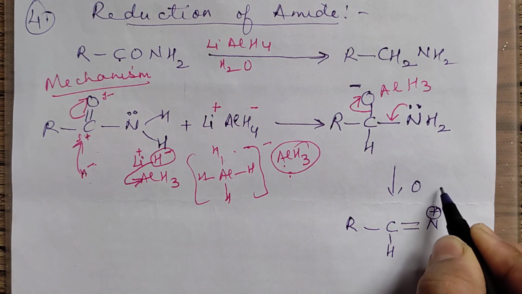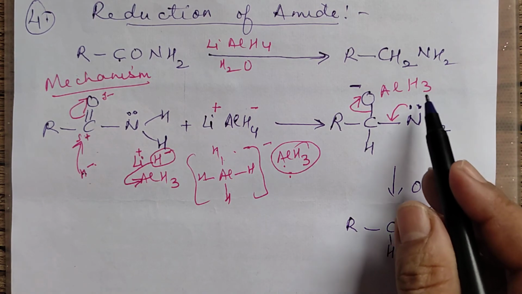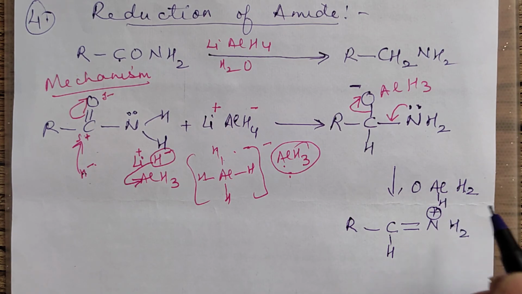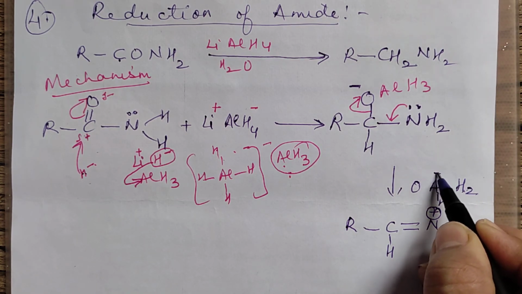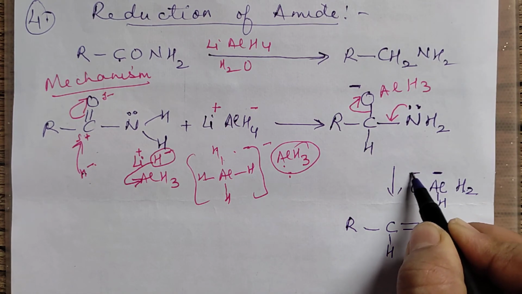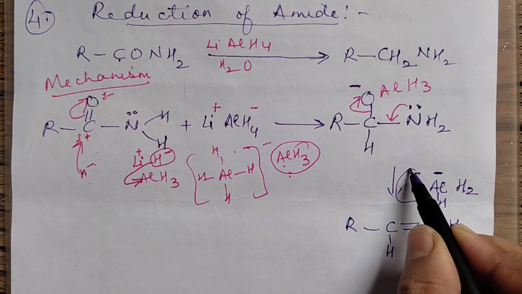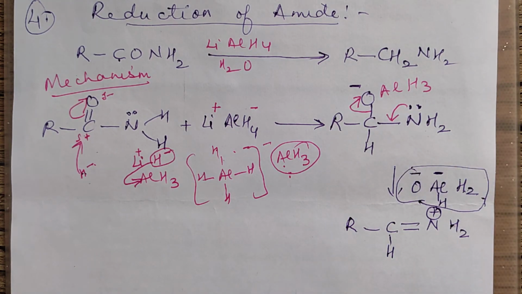Now nitrogen gets a positive charge, and what has come out of it, let me write separately. It is O, then you have Al, then you have H3. Let me write this as H2 and H, because one of the H further will go. This Al now again is having 4 bonds. That means this will have a negative charge. This O is also having a negative charge. Right? This is the species coming out. This species was coming out from there. Right? Fine till here.